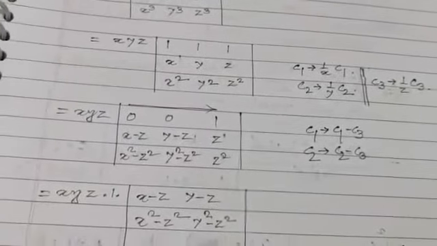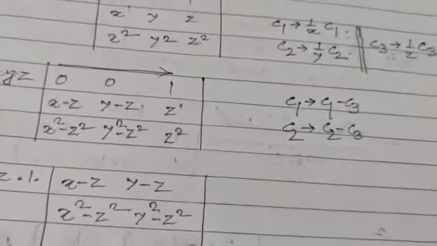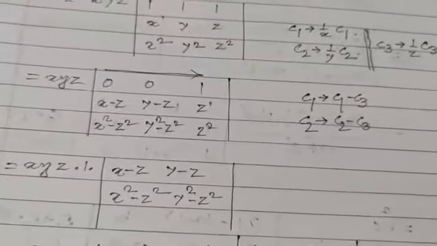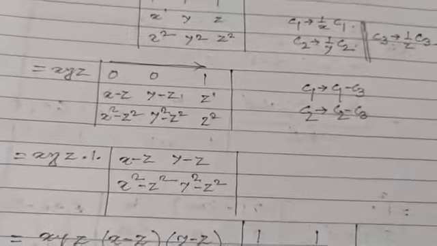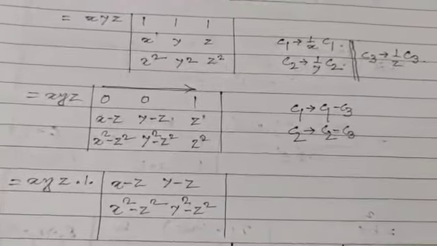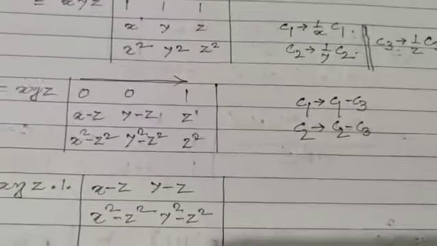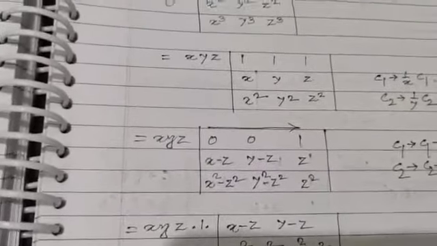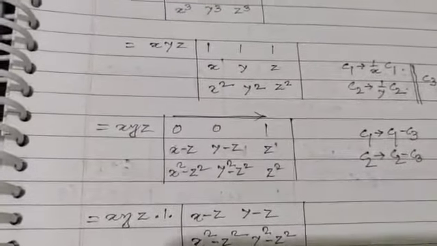So now if we apply c1 is c1 minus c3, that is, c3 is subtracted from c1, or you can say minus 1 multiple of c3 is added to c1. You can say it this way also. Another operation we have also applied, c2 is c2 minus c3. Then we are getting first row 0 0 1, second row x minus z, x square minus z square,